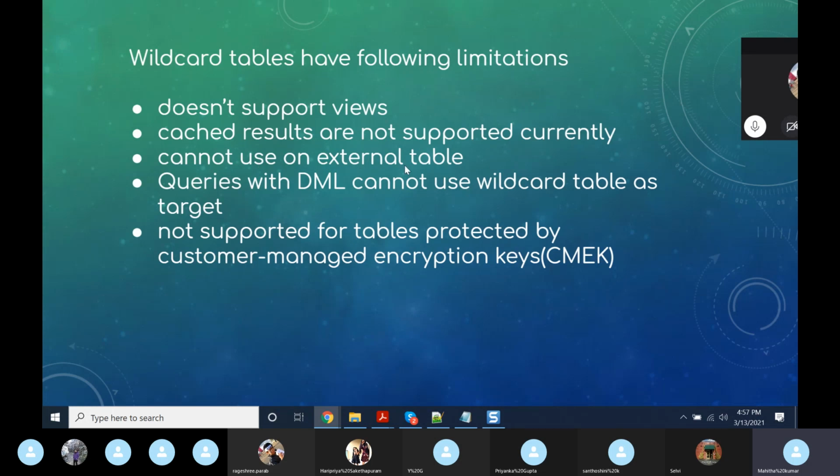Queries with DML, data manipulation language, don't support wildcard tables either. We cannot set the target as the wildcard table to modify the data. And this is not supported if the protection is CMEK. If customers prefer this type of protection, then wildcard tables are not supported.